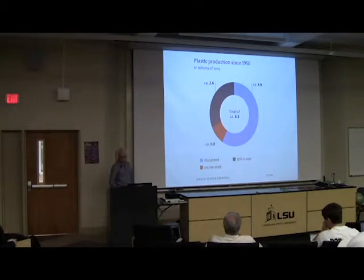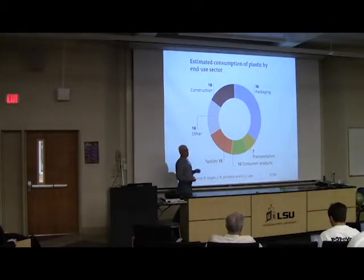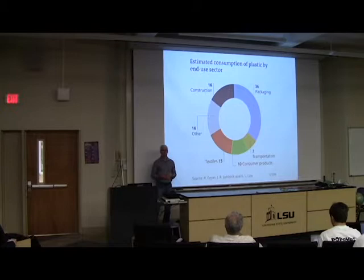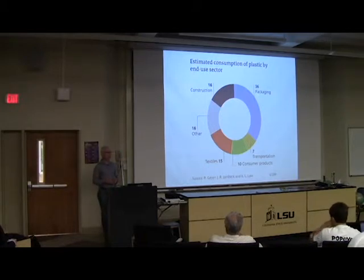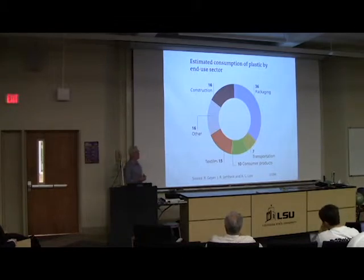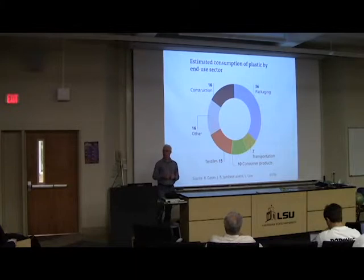If we look at consumption of plastic by different categories, a large fraction, this blue here, is in packaging materials. Go to the supermarket sometime, walk down an aisle, and start looking at how much plastic there is. We buy items that are wrapped in plastic. Inside there's yet more plastic. It's unbelievable how much plastic packaging we use. Order something from Amazon, a piece of electronics, a USB stick, and think about how much plastic is involved in wrapping